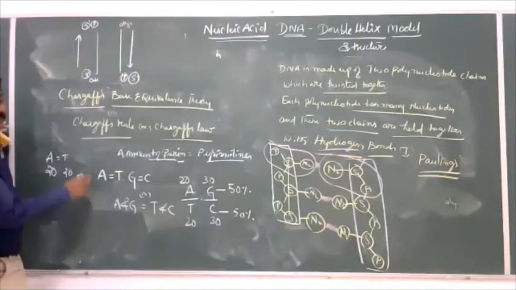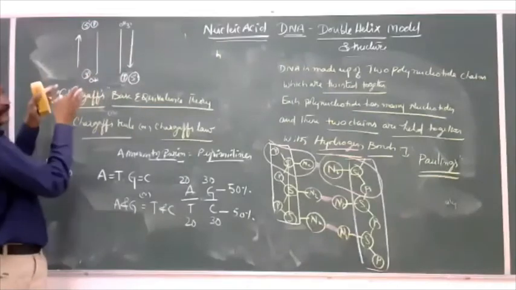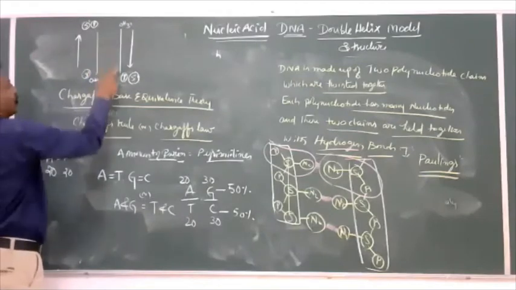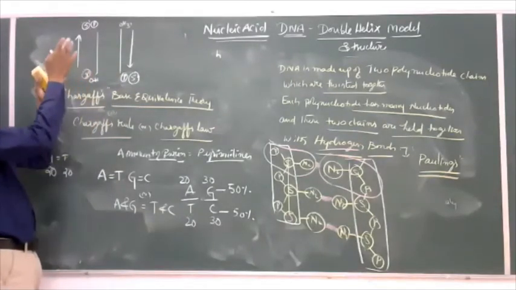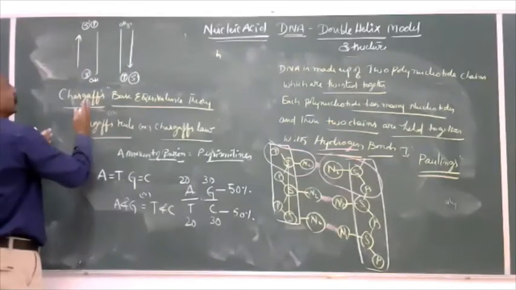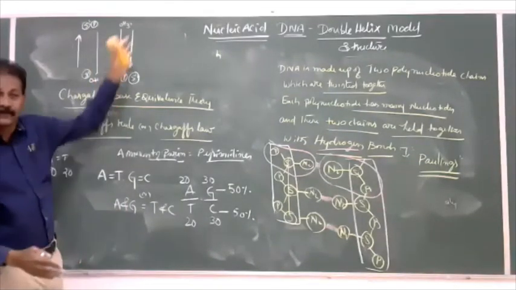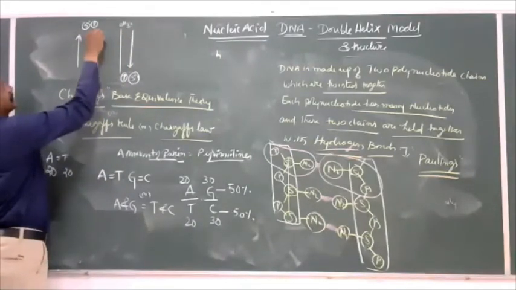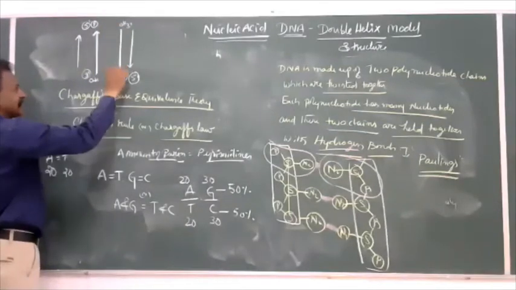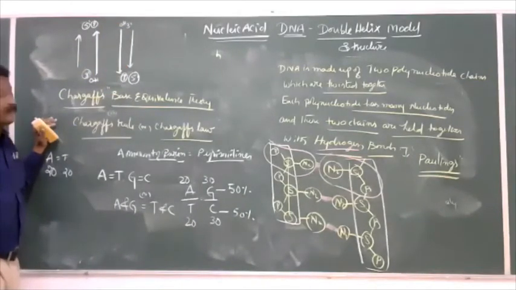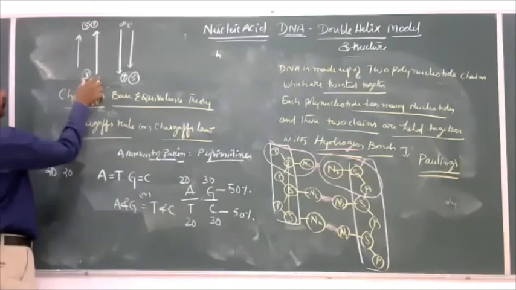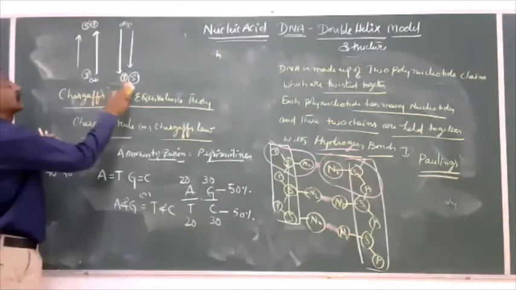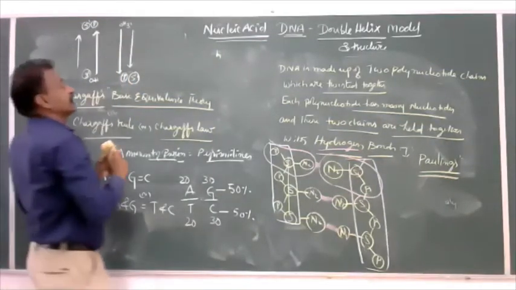So both look like a railway track going parallel to each other, but they are not in the same direction. They are in opposite directions. One moves 3 prime to 5 prime, the other moves 5 prime to 3 prime, or the reverse of the first one. Here one is 3 prime to 5 prime. Generally we call the other one 5 prime to 3 prime, but when we study the direction of